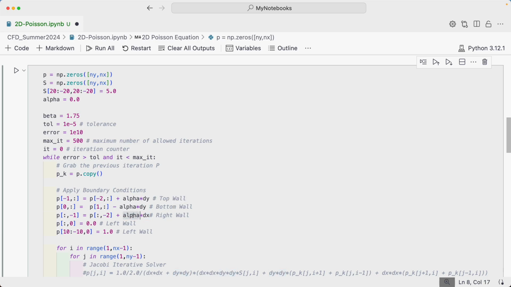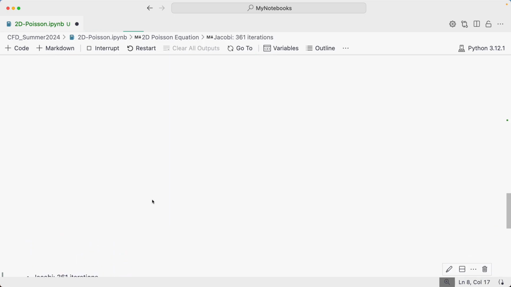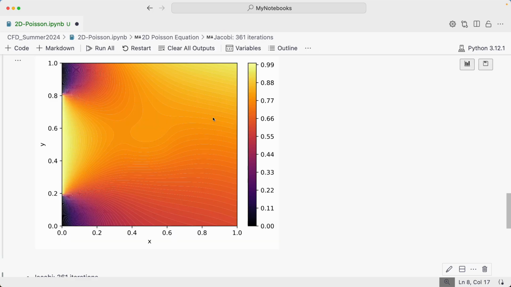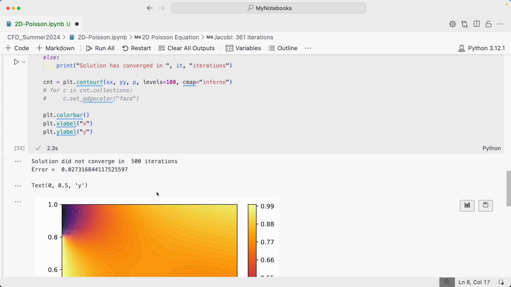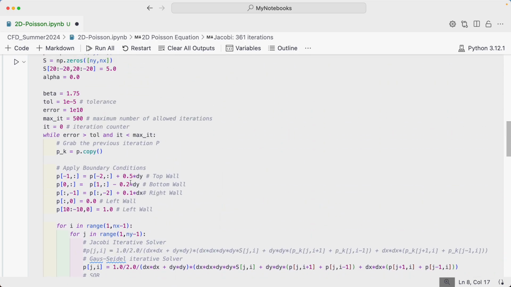So this could be 0.1 times the x, this could be 0.2, and this could be 0.5. There's no reason the flux has to be equal. These are user specified. You can choose whatever value you want. Also, alpha doesn't have to be a constant, or even the Dirichlet boundary conditions. So if you go back to the previous example we had with the Dirichlet boundary conditions,